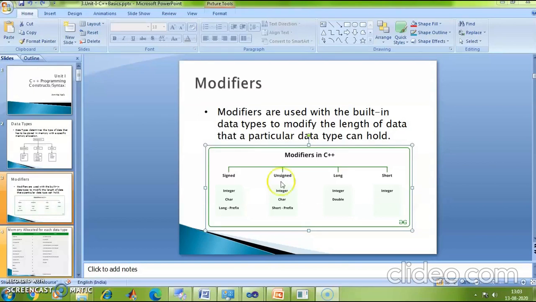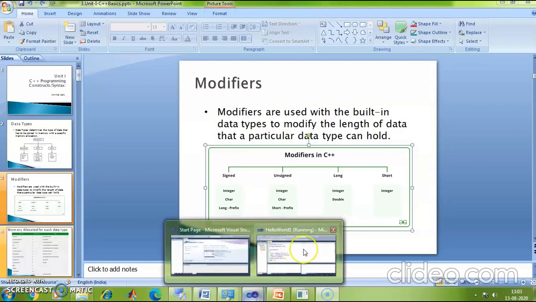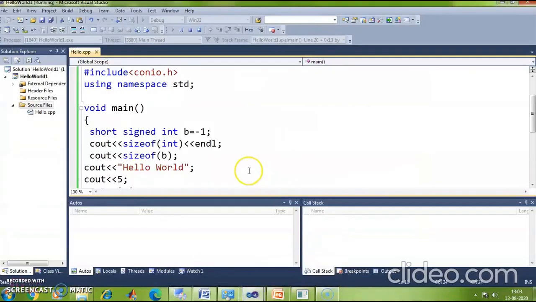For example, suppose I want to declare a variable of type unsigned integer. I'll declare the variable as unsigned int b.